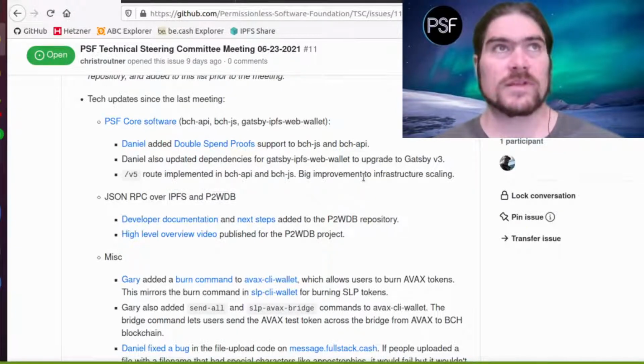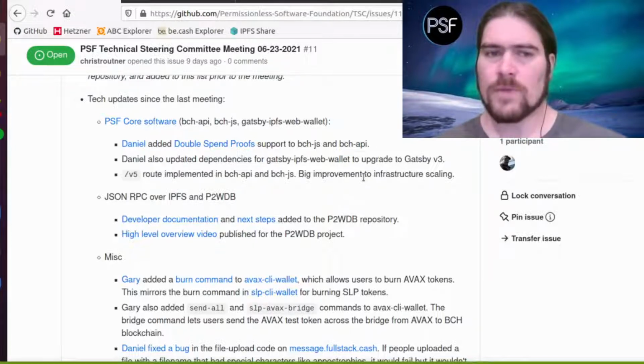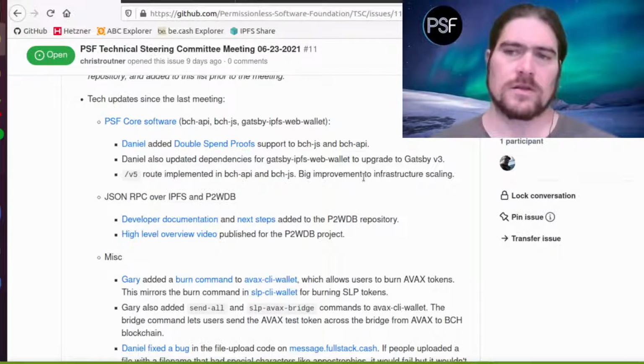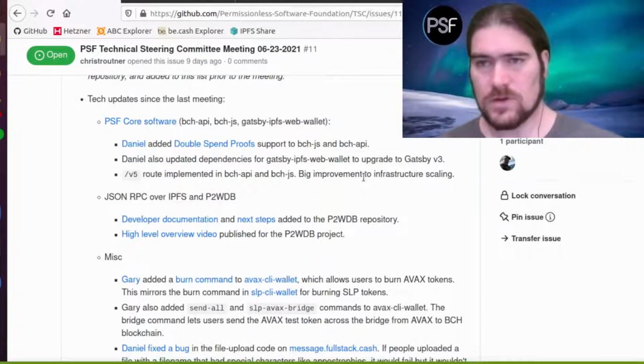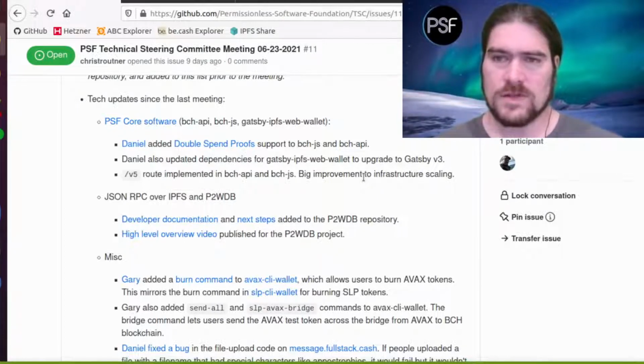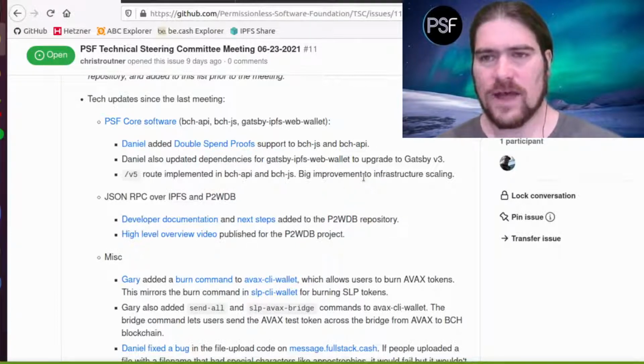So I'll just give a couple examples on this. We're probably going to implement this on the token bridge, at least while we're still in the testing phases and there's not any significant money involved. But I probably will not implement this in the PSF token liquidity app, which is what lets you buy PSF tokens or sell PSF tokens, simply because the risk is too high, because that's an automated app. And if someone found a way to exploit this, they could do it, and it would take us a while to detect that, and so the risk there is just too high for my taste.